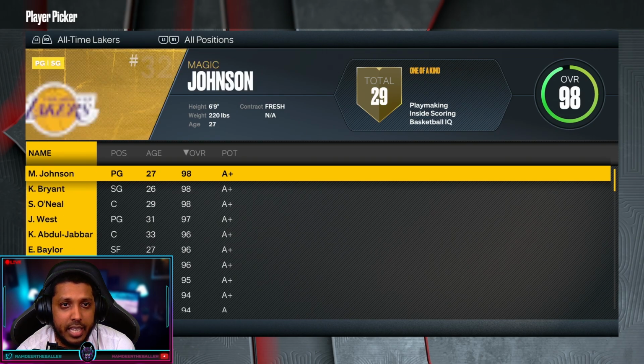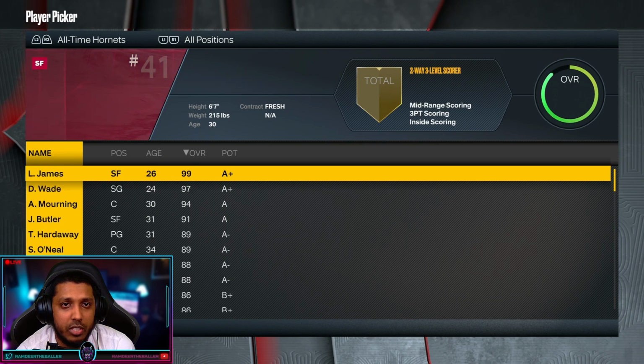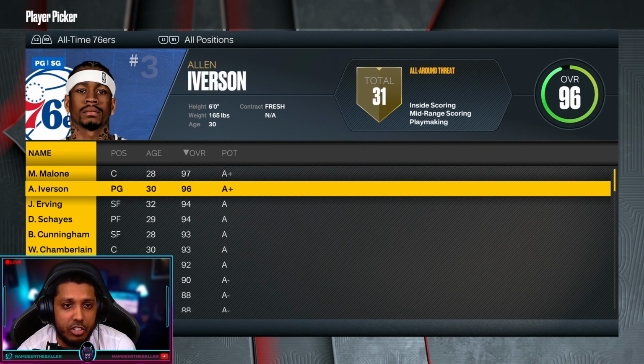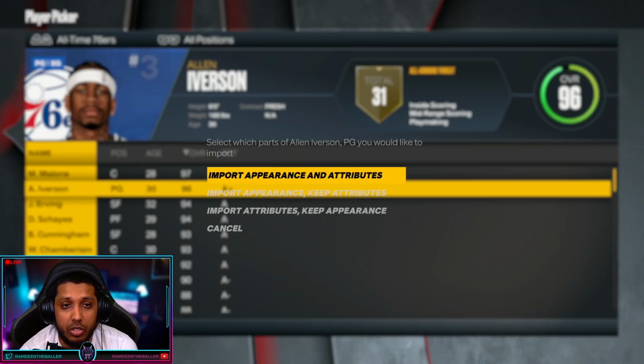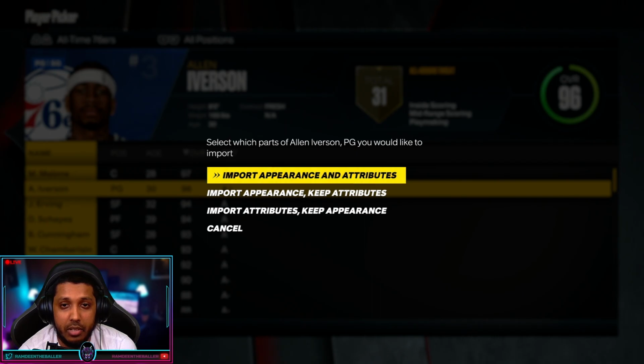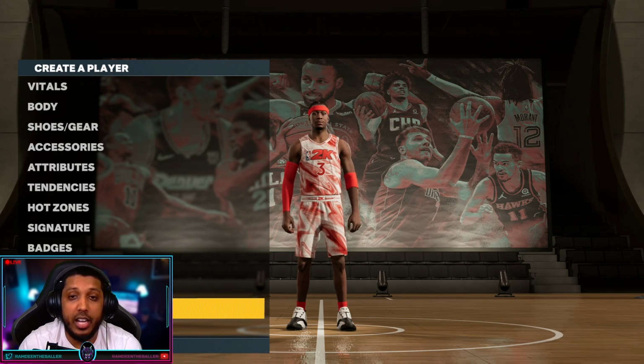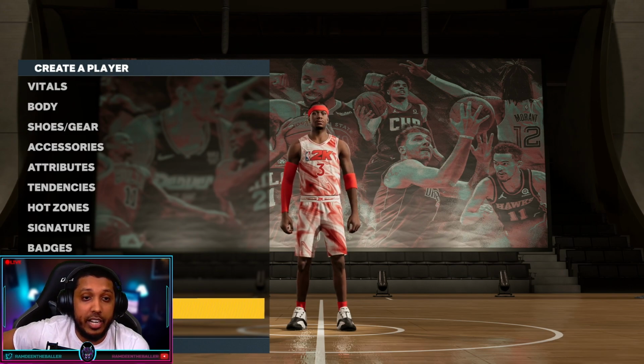But we'll come back to that later. So where is the 76ers at? Let's find the 76ers. So here we have Allen Iverson. What you want to do is click on his name, clear it, and then do import appearance and attributes. And then once you do the import player and attributes,